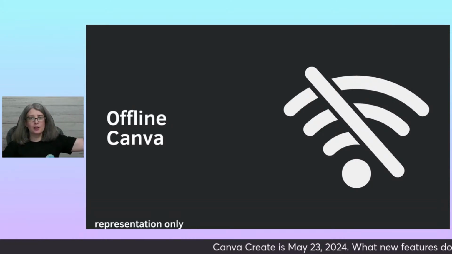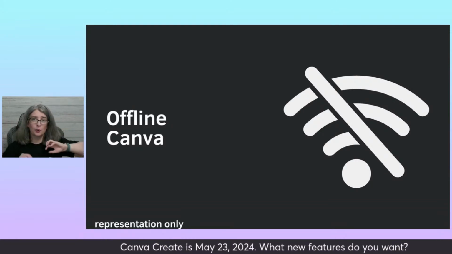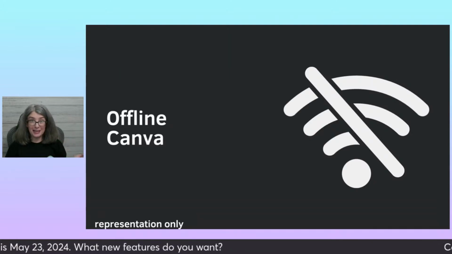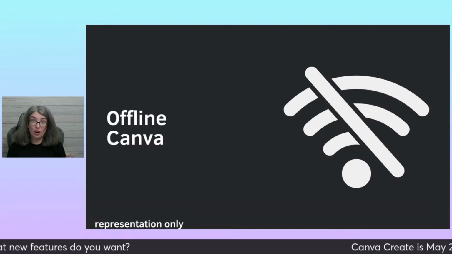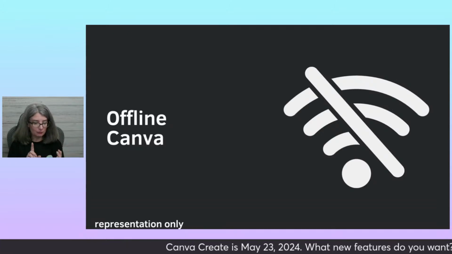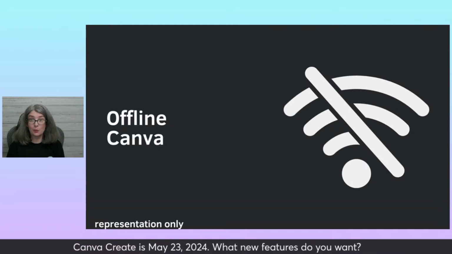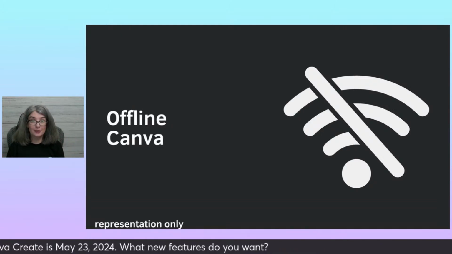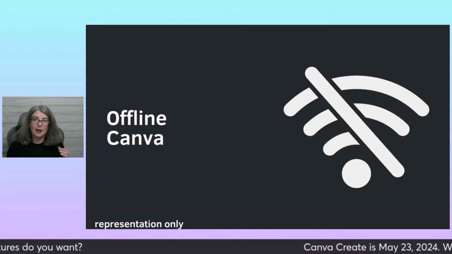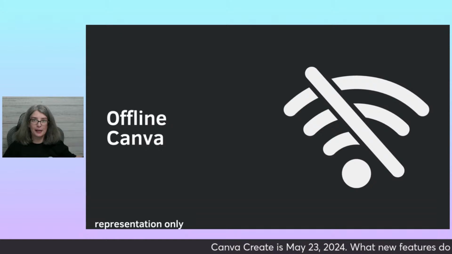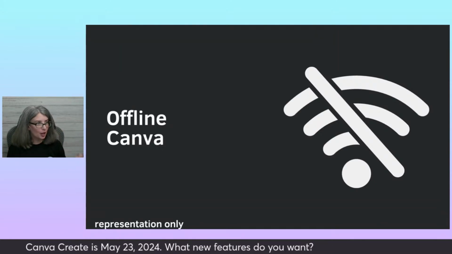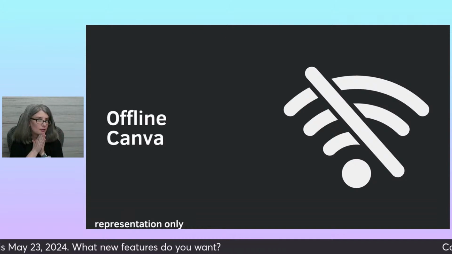And then finally, offline Canva. I would love to be able to use Canva offline when the internet's not stable, or maybe even when I'm on my phone working on things, but I'm in an area where I don't have mobile data. Like there's a lot of areas in North Carolina where we don't have internet access. And I would love to be able to just use Canva when I want to use Canva and not have to rely on finding a place where I can tap into internet. So yeah, those are my wishes.